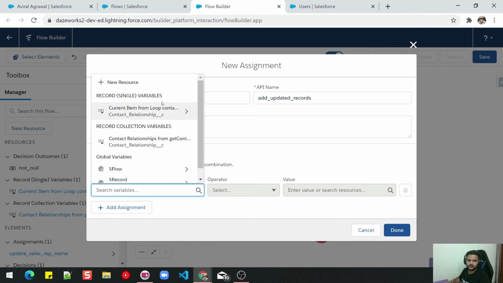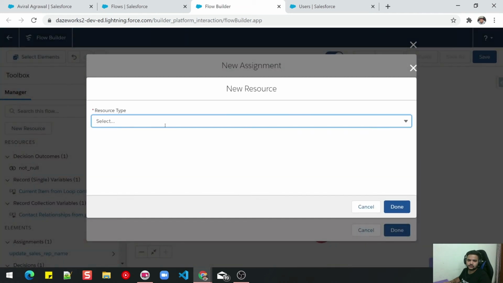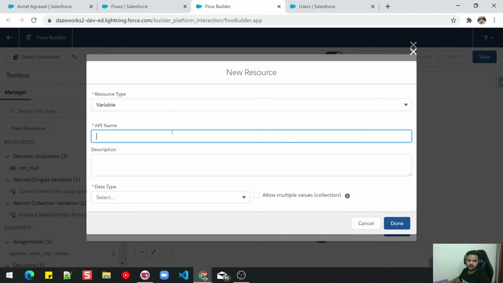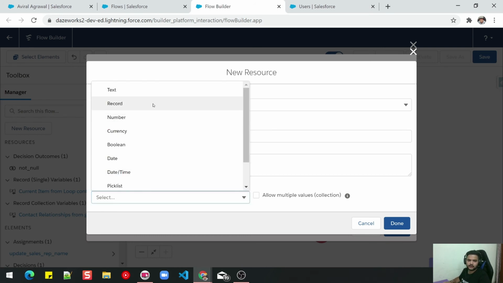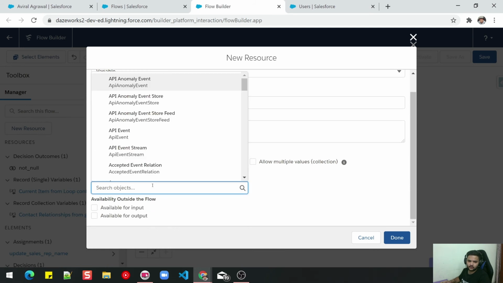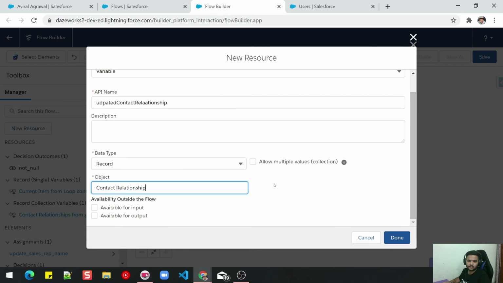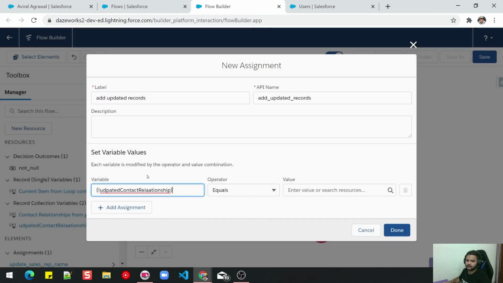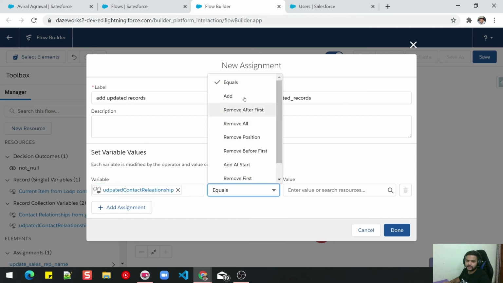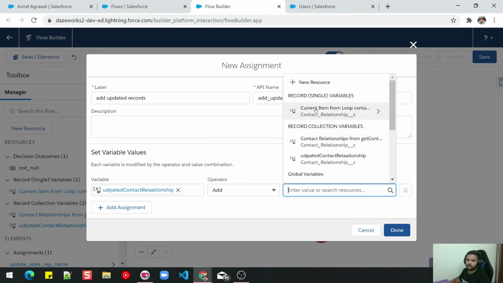I have to create a new resource, a new variable, let's say updated contact relationship. For this I'll select record, and for the object I will select contact relationship, and here I will mark it true because I want to store a collection variable, and here I will add the new loop variable.